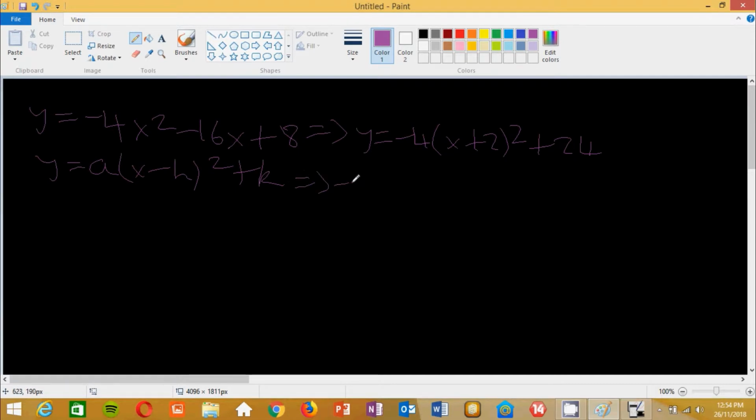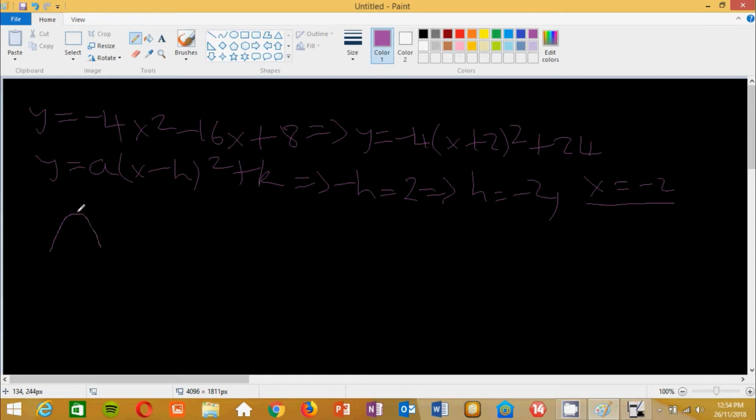y is equal to a multiplied by (x minus h) squared plus k, and then from there we are going to say that negative h is equal to 2, which implies that h is equal to negative 2, so that implies that x is equal to negative 2, and this is going to be the x-coordinate of the stationary point for this function, because what we want to do at this point is to find the stationary point of this function. And if you haven't already noticed, because the coefficient of the x squared term is negative, this graph is a sad graph,